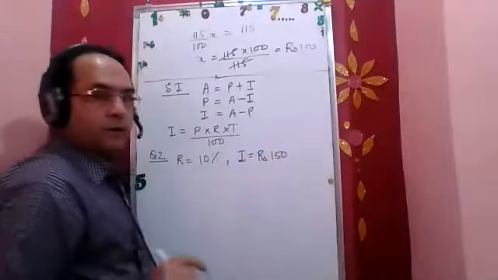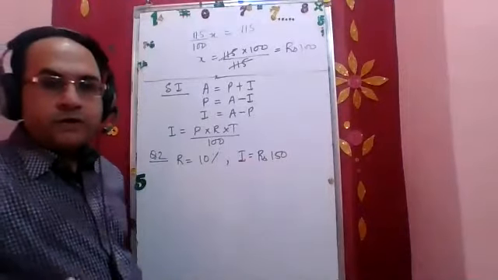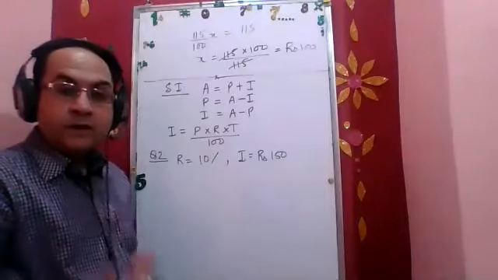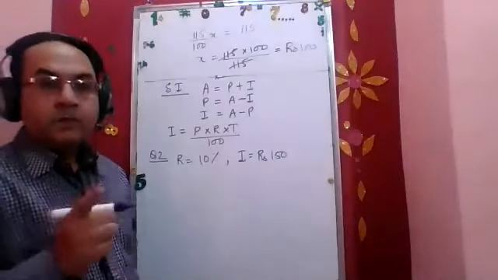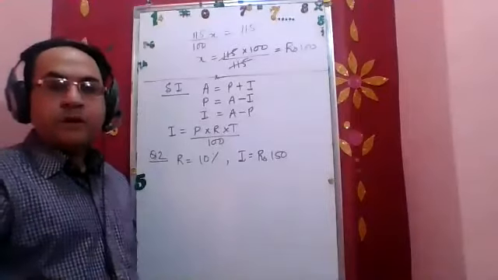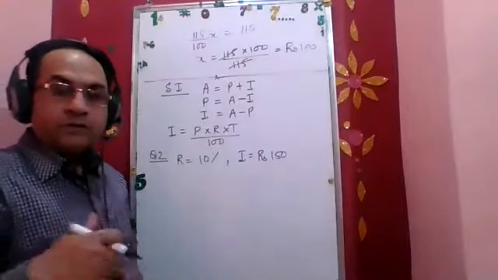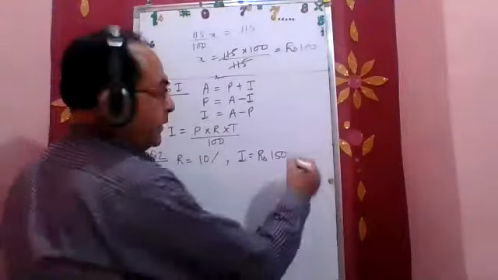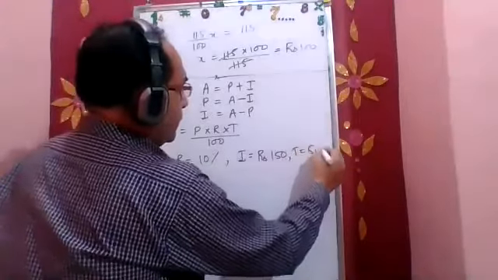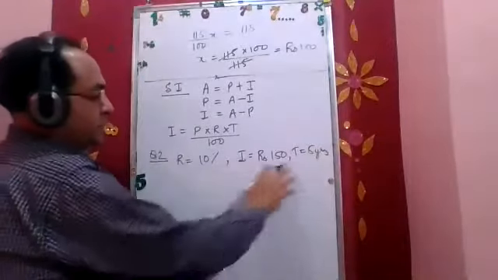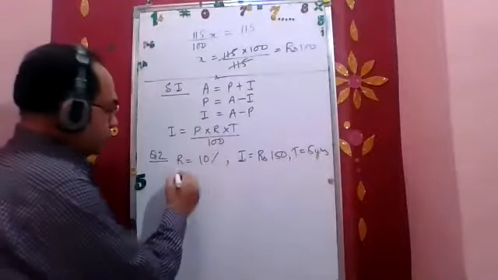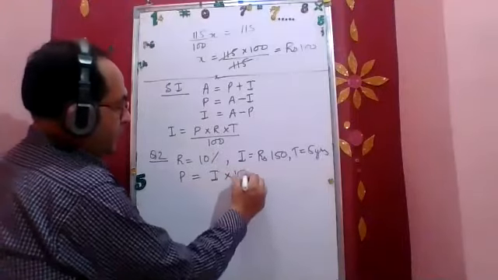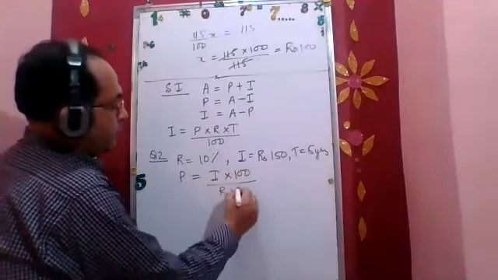That means the money which is produced is 150. That means it is the interest. How will you come to know that it is the interest? Because the extra money which is generated is the interest. The money which remains as it is, is the principal. The money which grows, the money which changes, the money which is produced is the interest, 150, and time is equal to 5 years. We know the interest is there, rate is there, time is there, then obviously we are supposed to use the formula for principal as